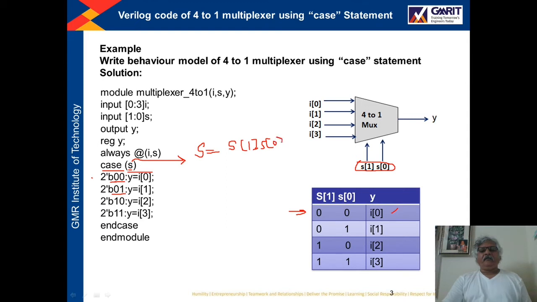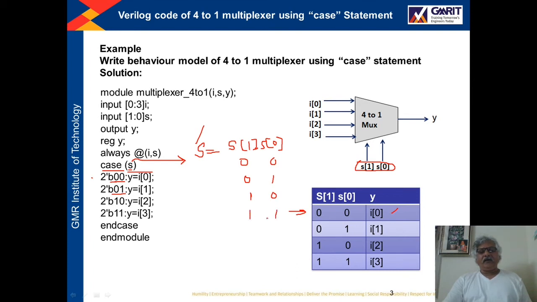So the value of the S expression can be 0 0, it can be 0 1, it can be 1 0, or it can be 1 1.